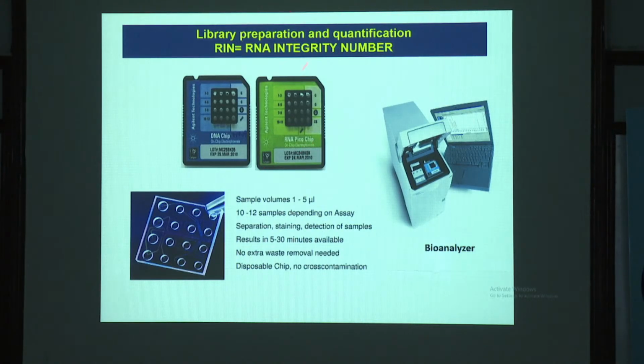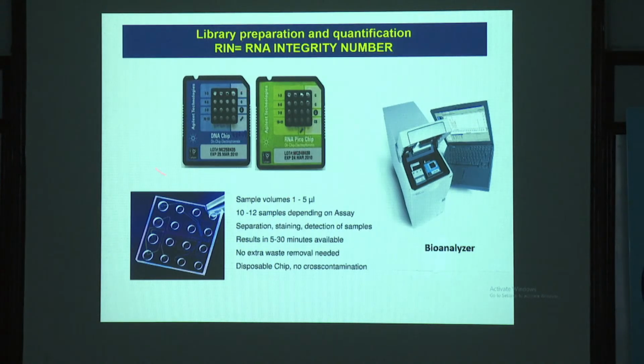So this is the numerical assessment recommended for any sample. For example, if you have a sample for transcriptome analysis, what will be the recommended RIN? That should be at least 7. Okay, so if your sample has a RIN value of 7, then only can you proceed for library preparation. Otherwise, you have to repeat your extraction process again. Okay. And